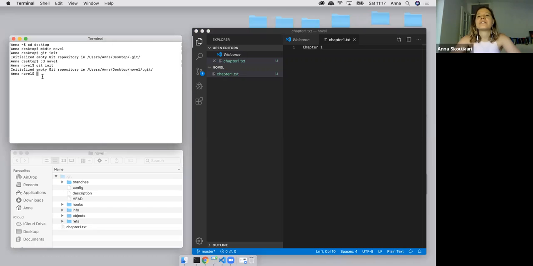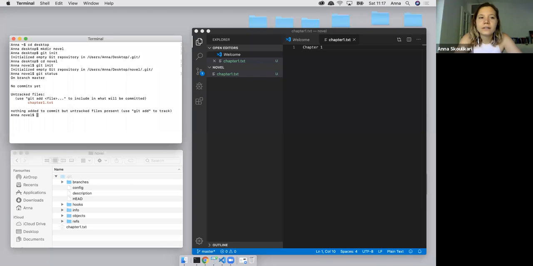And I'm going to introduce another command now called git status. Now, what the git status command does is it tells us the state of our working directory and of our staging area. And it also tells us whether there's a difference between the two. So if I enter now, what git status is going to tell me is that there's no commits yet. And that's true. I have not made any commits in this project yet. But there is an untracked file,